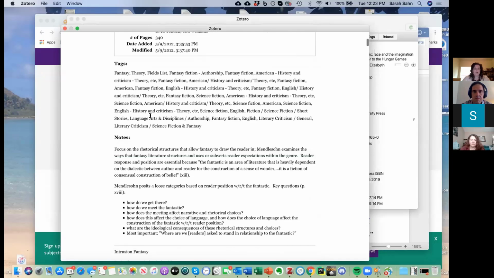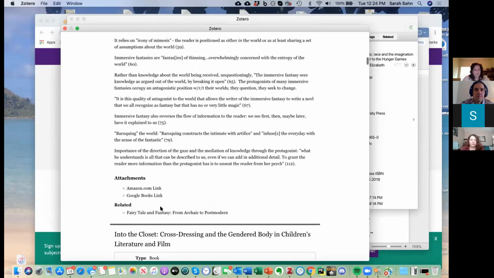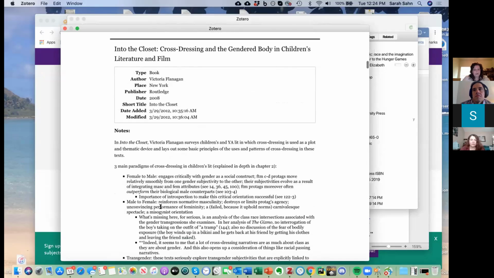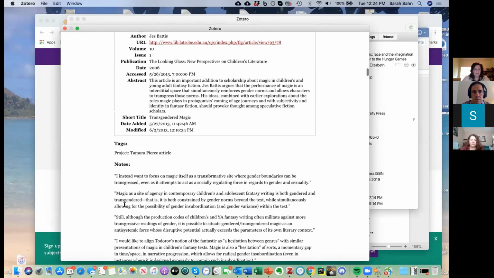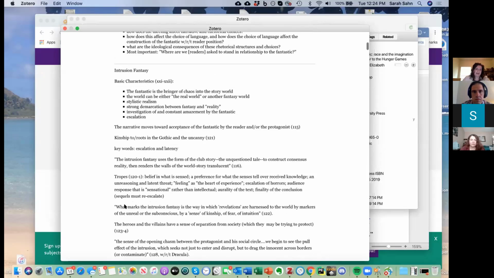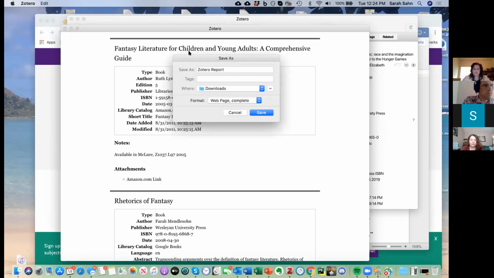It also imports your notes, and they should be dated, I think. So you can see, right, some of these things are things that I added to my library years and years ago, and I can go back and say, oh, that's what I thought about that back when I read it. And I have then the option to save it as a PDF or as a simple HTML